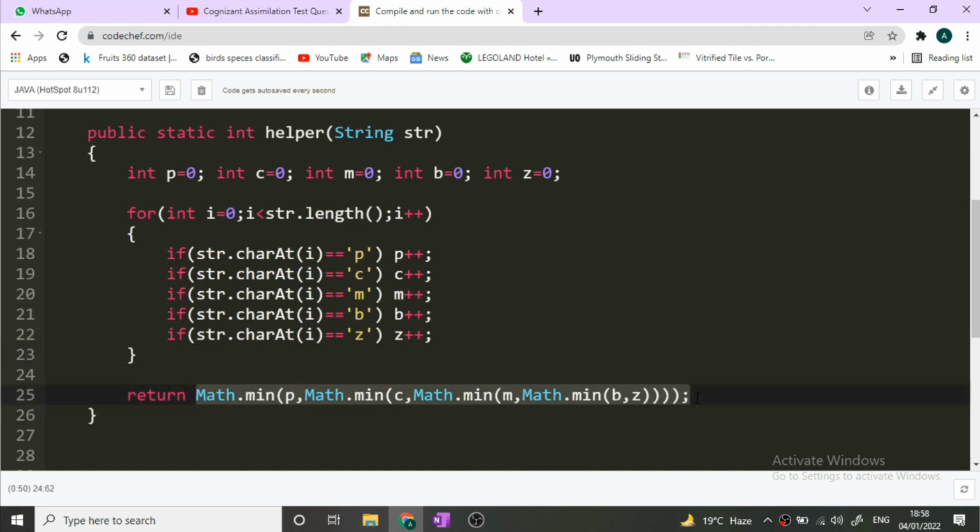And why we have to return the minimum only, I have told the logic earlier in this video, so kindly, if you do not know, please move back to an earlier point in the video and watch the reason why we just have to return the minimum value. So guys, this code will pass all the test cases that will be given to you on the platform.